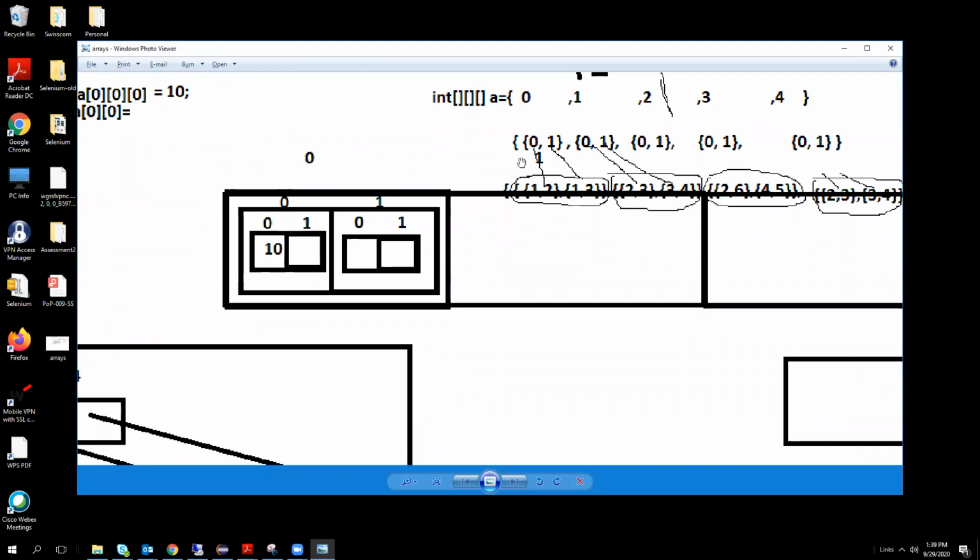This level will be handled by j. These indexes will be handled by i, these indexes will be handled by j, and these indexes will be handled by k. Got it? Yes.